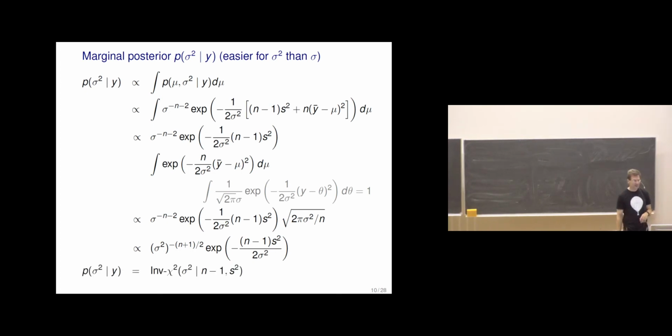And now this is called the inverse chi-squared distribution. The convention is that this inverse chi-squared distribution depends on this s squared, and that's why we define s squared in that certain way, with that divided by n minus 1, so that there's only one parameter here for this sufficient statistic part.